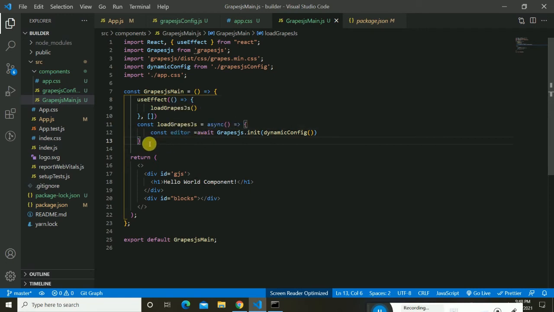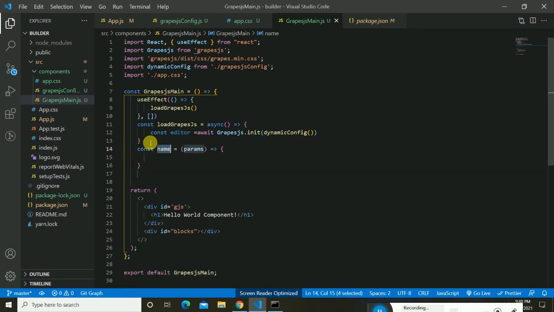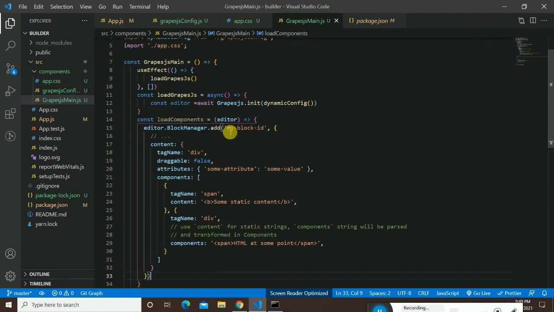So what we can do is make it initialize into another function. I'm typing over here nfn load components, and inside the component we're going to have editor as a param. Then I'm just going to press Control D and call this load component